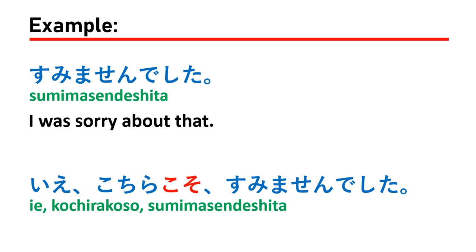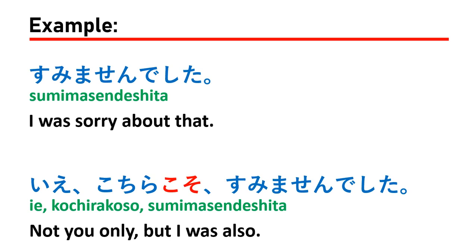いいえ、こちらこそすみませんでした。Which means not only you, but I was also. This is a conversation between two people. The first person says すみませんでした, which means he or she said we're sorry about that. But the second person says